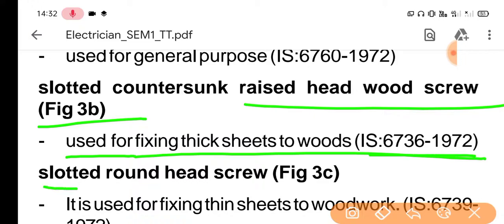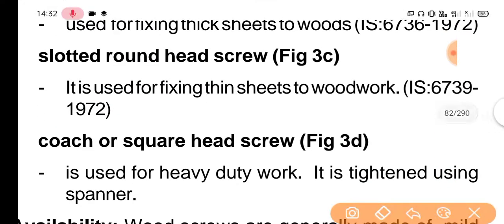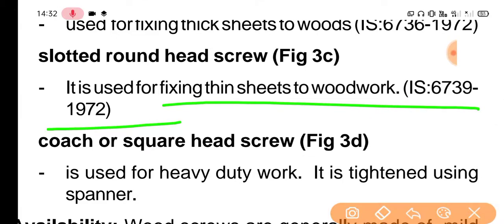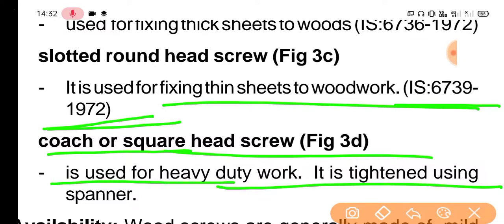A slotted round head screw, 3c, is used for fixing thin sheets to woodwork, IS 6739 1972. Coach or square head screw, picture 3d, is used for heavy duty work. It is tightened using a spanner.